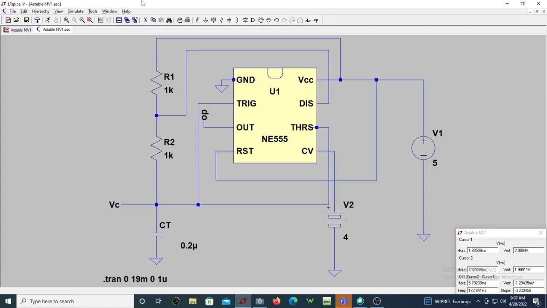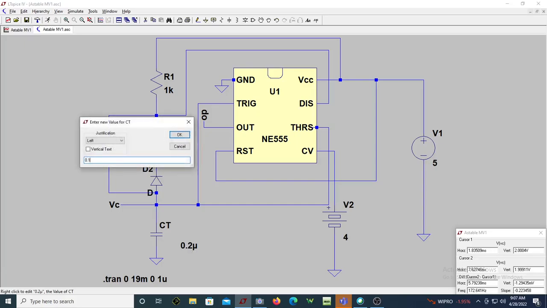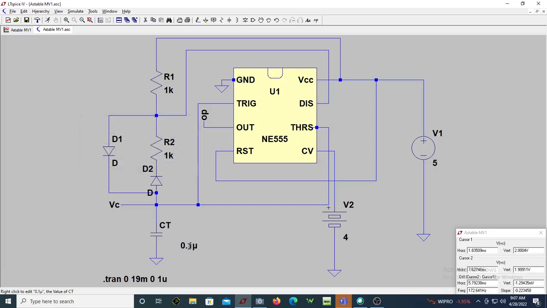So let us try to have a 50% duty cycle, meaning that, let me have one diode here, and one more diode here, so that it looks like a 50% duty cycle in general. I am just using two diodes here so that it is exactly 50% with values of R1. Let me make this also 0.1 microsecond. If I run it now,